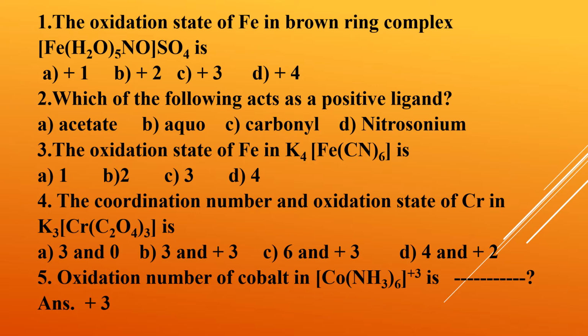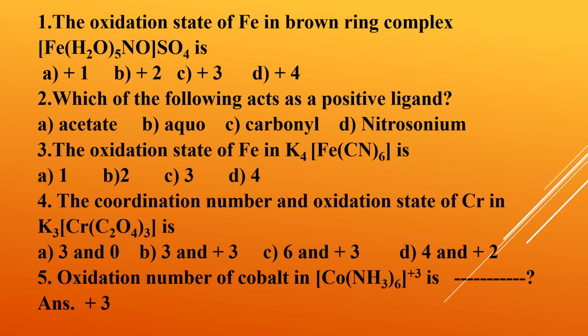Then how do you calculate the oxidation state of Cr? There are 3 monovalent cations outside the brackets. So what will be the complex ion, students? [Cr(C2O4)3]3-. Now calculate the oxidation state of Cr. X plus 3 into minus 2 is equal to minus 3. Minus 2 into 3 is minus 6. So X minus 6 is equal to minus 3. X is equal to 6 minus 3. So it is 3.